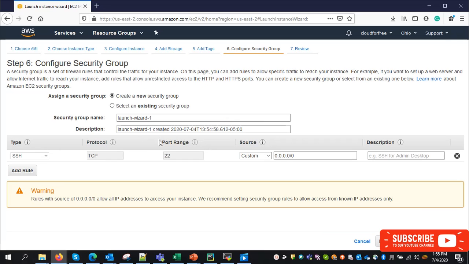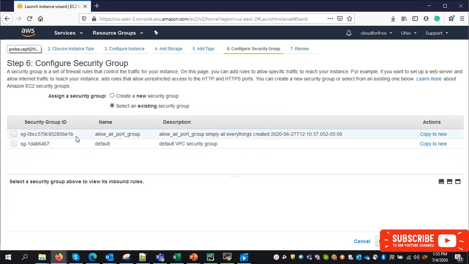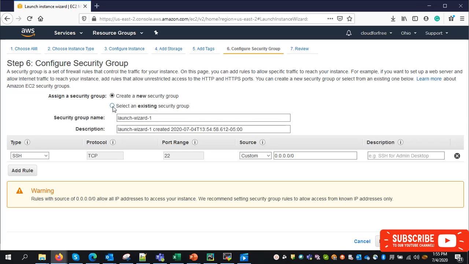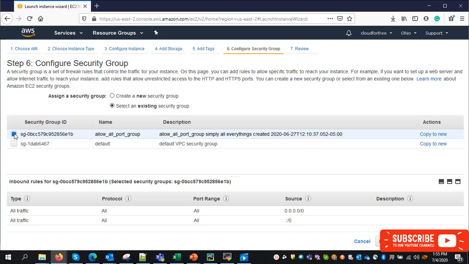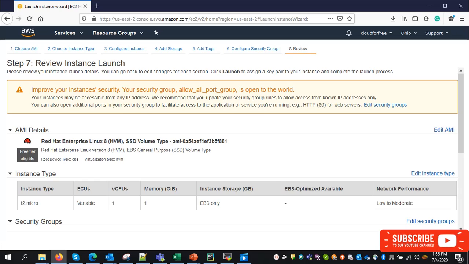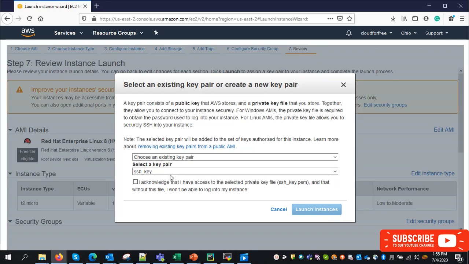Coming to the security group, we are doing some testing or a POC project, so let us not restrict ourselves with security hardening. Let us select something which allows everything. If you are accessing AWS for the first time, you have to click on create new, and then allow all the ports as much as possible. If you see here, I'm allowing all the traffic blindly. Similarly, you also try to allow all the ports, so that we will not spend time connecting to the server. Okay, so just click on launch, and then make sure you create a key pair and